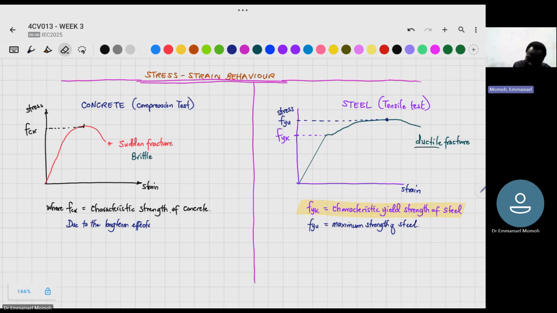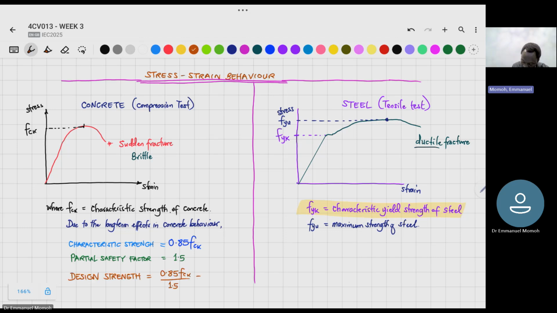Due to the long-term effects in concrete behavior, the characteristic strength is usually taken as 85% of the actual characteristic strength, and the partial safety factor for concrete is 1.5. Therefore, the design strength for concrete is 85% of the characteristic strength divided by 1.5, and that will give us 0.567